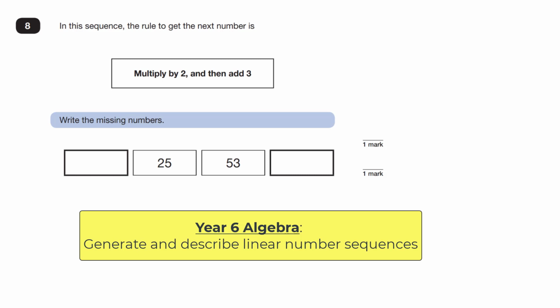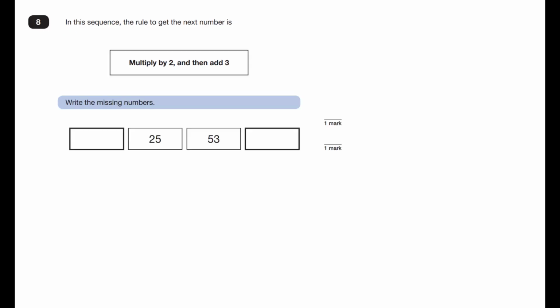In a sequence, we always go from left to right, like we would read a sentence. So this multiply by 2, then add 3 is going in this direction. Okay, sometimes it's handy to write a little arrow, times by 2, add 3. Okay, so what I'm going to do is start with this missing box because we're going to